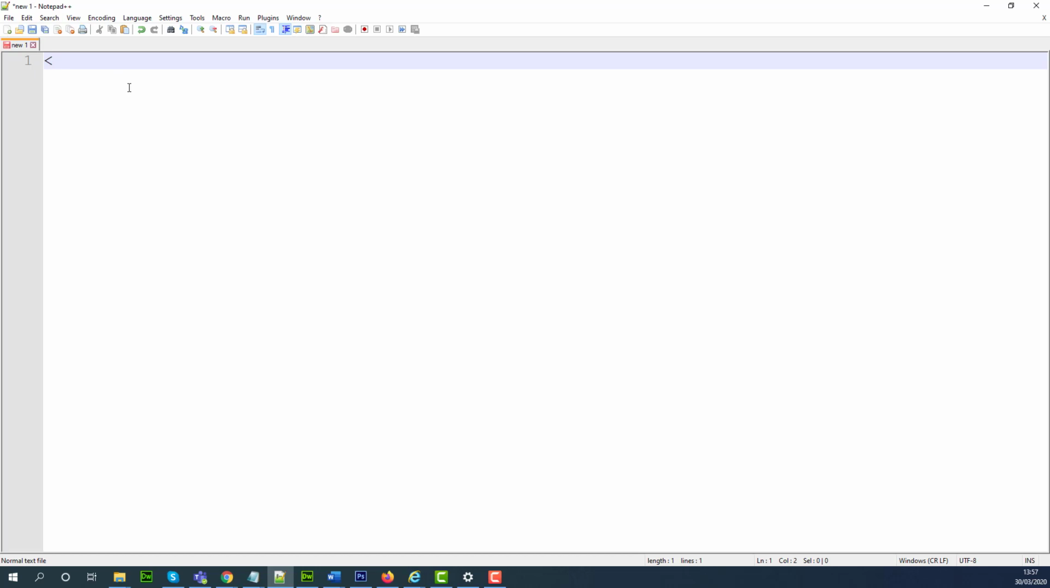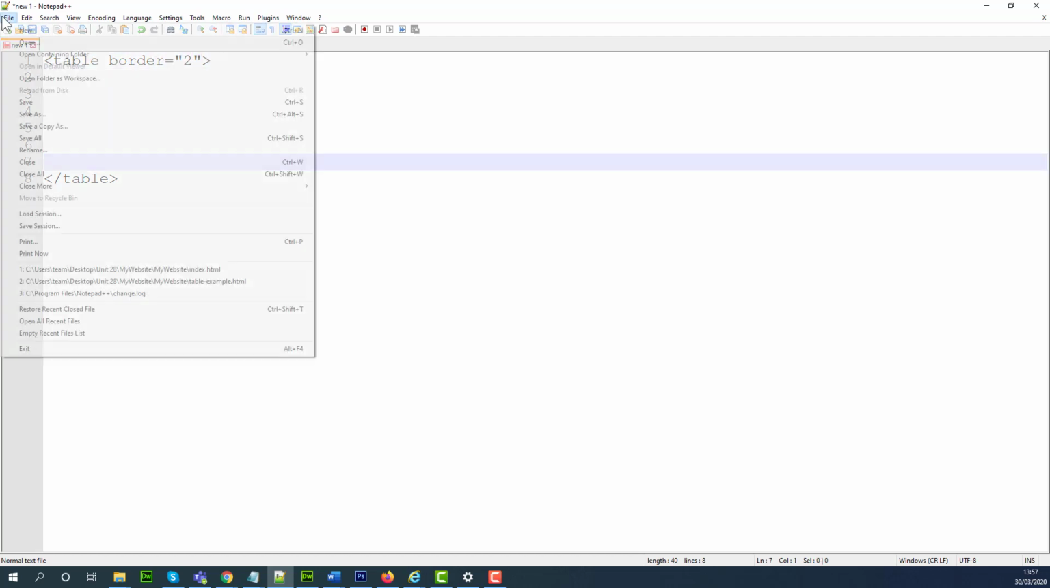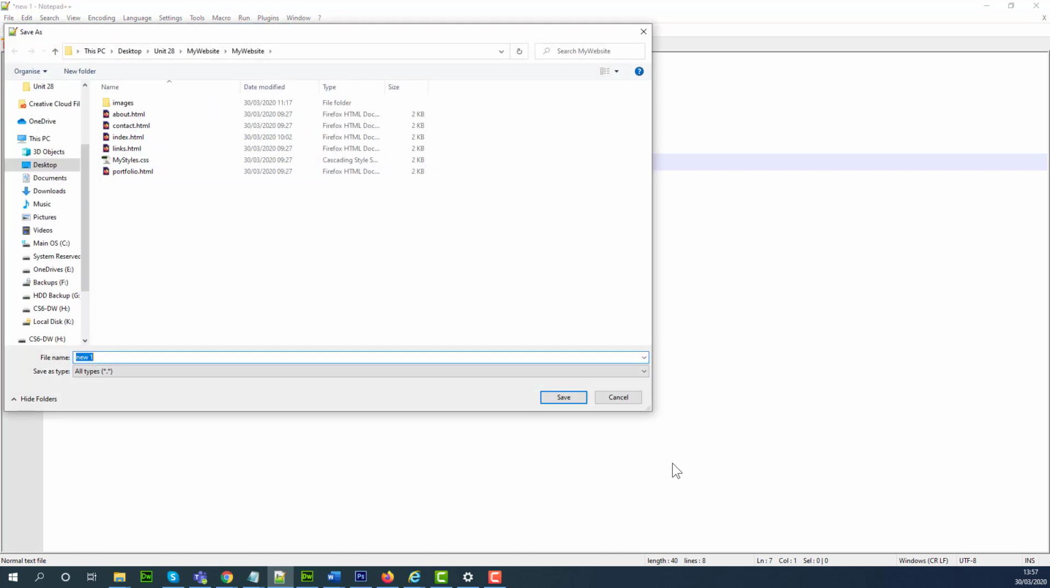So I'm going to create a table tag. This is how you create a table. And then I'm going to close my table tag. And that's how you create a table. Now for my table, I'm going to put a space here and say border equals, and then in double quotes I'm going to put a border of 2. Now if I go to File and select Save As, I'm going to save this as table